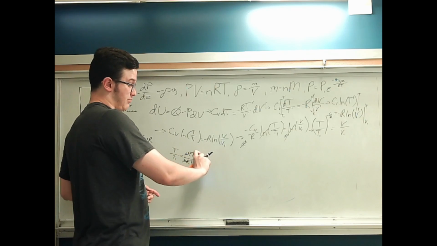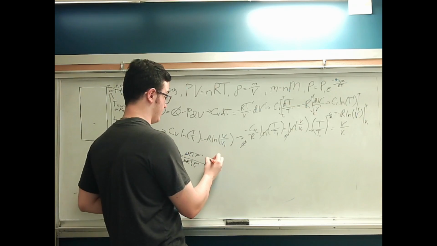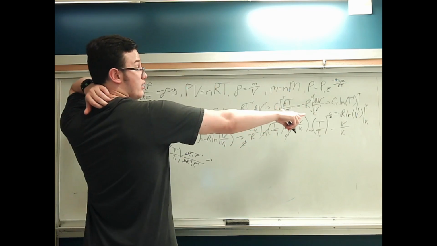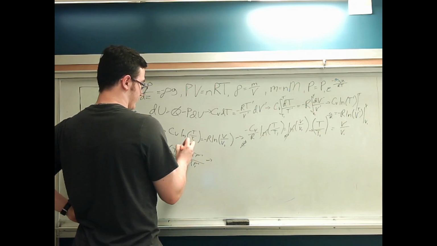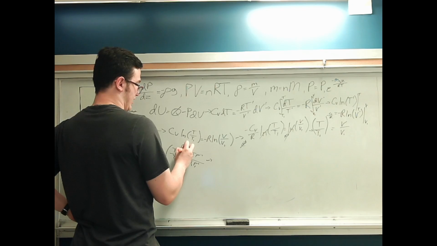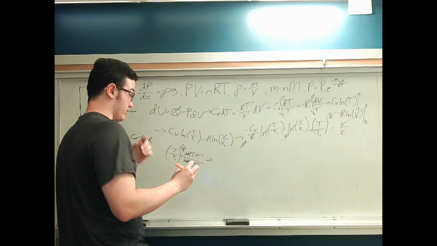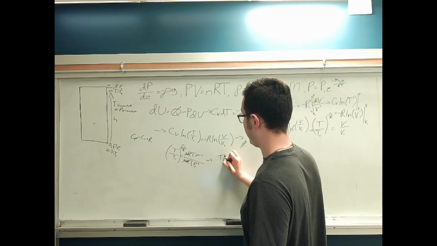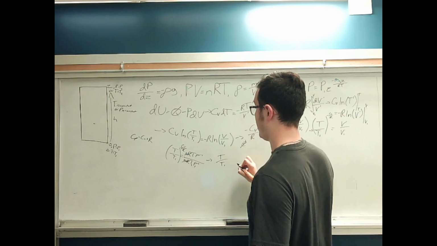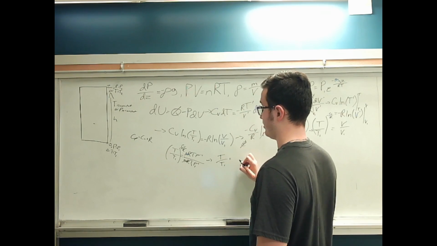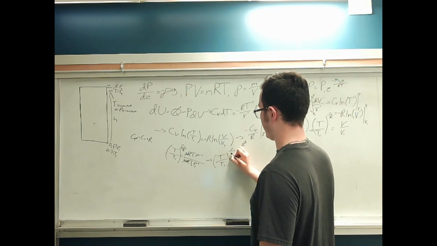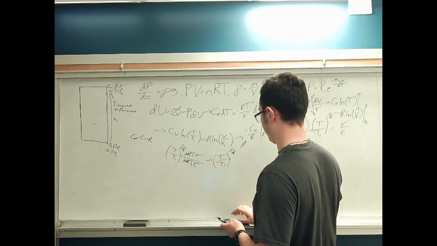And then the P's flip, so that goes to, and this is 2, by the way, negative specific heat added over R. T over T1 to the power of negative Cv over R is equal to